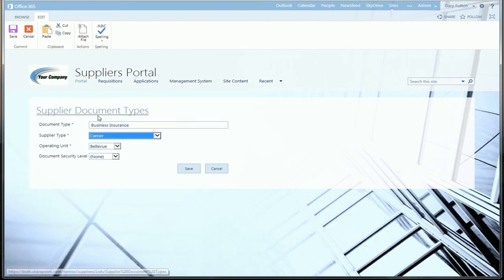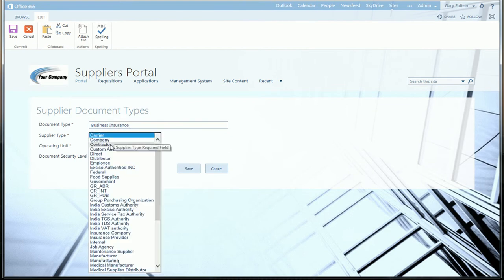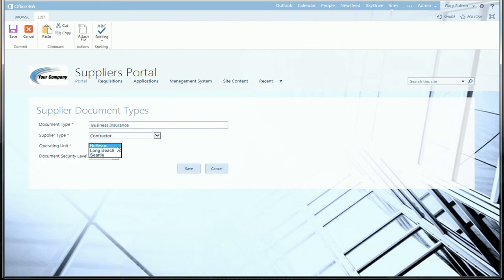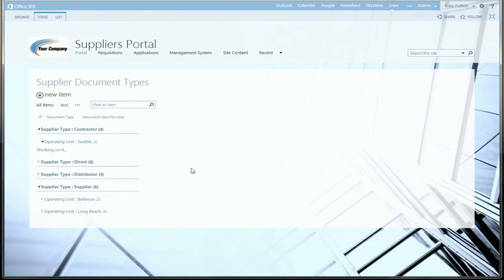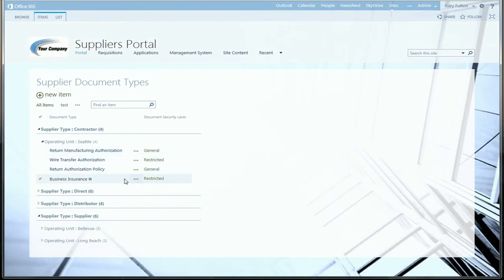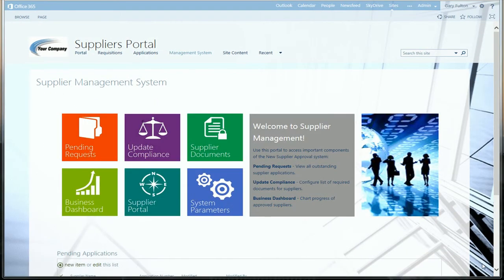We'll first provide the name of the document type and then select from the list of supplier types and business units that come directly from the Oracle system. And the document security controls who will have access to the document from the Oracle system, and we'll see that later. Now that we've seen a few of the capabilities of the supplier management portal, like the comprehensive reporting and